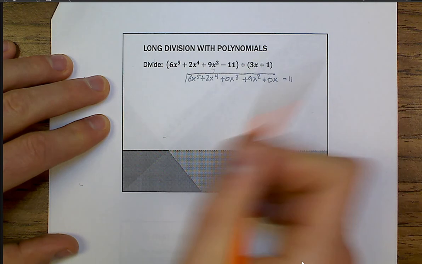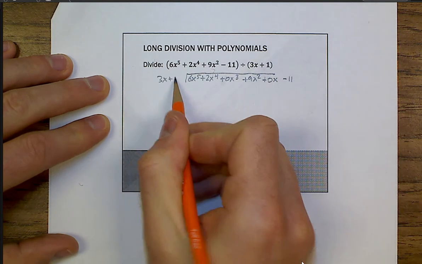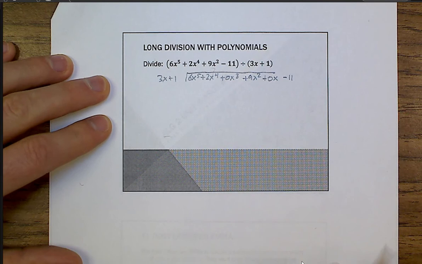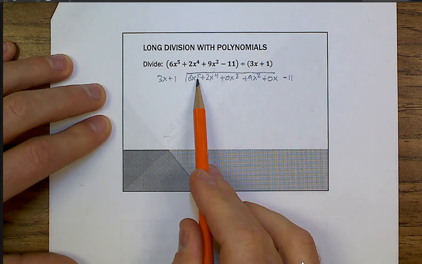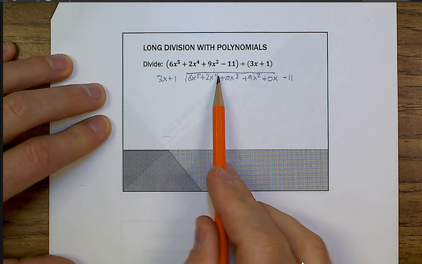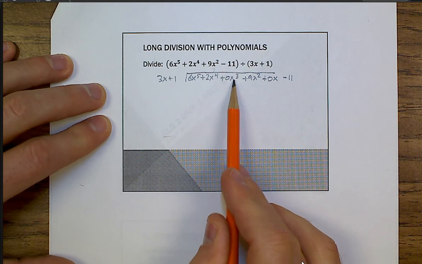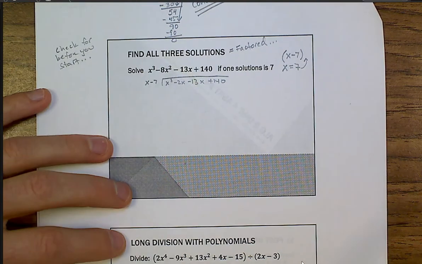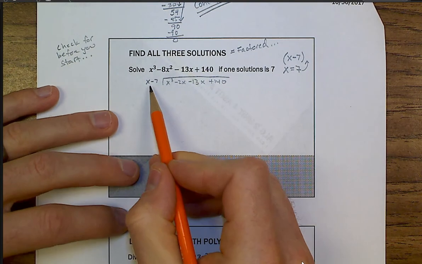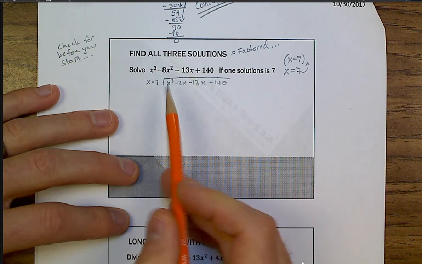Okay? The 3x plus 1 would come out in front. So that's how you, before you start, you have to make sure that, 1, that they're in order, 2, that if you have any missing degrees, you have to plug in a plus 0x cubed, or whatever the missing degree is. Okay, so what we do when we do long division is we just take this x,